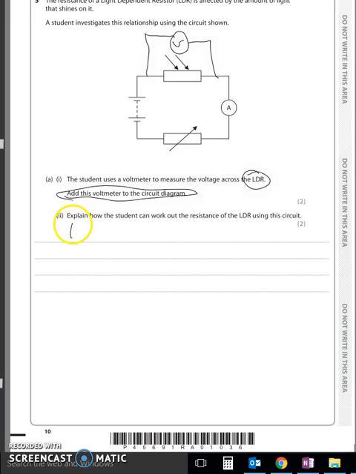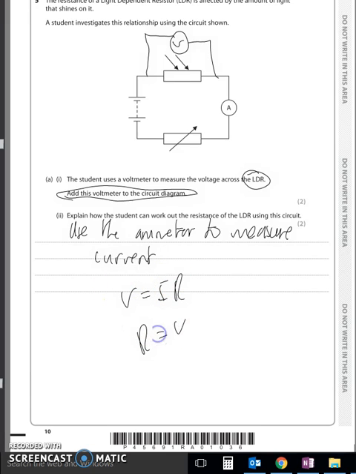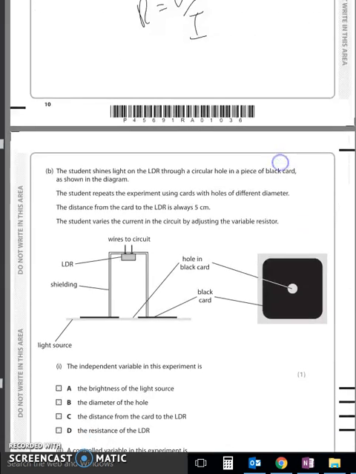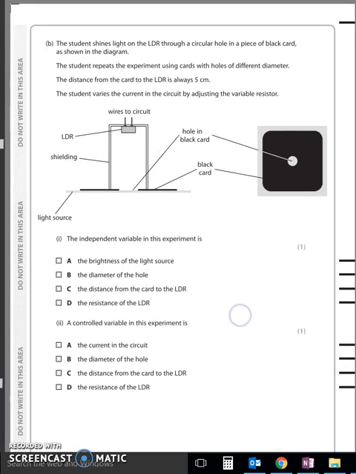Well, you would use the ammeter to measure the current. And then you would use V equals IR, where R equals V over I. And then you do the voltage divided by that current, and that's how you'd measure the resistance. Very simple and straightforward. So we take this now, and the student shines the light on the LDR through a